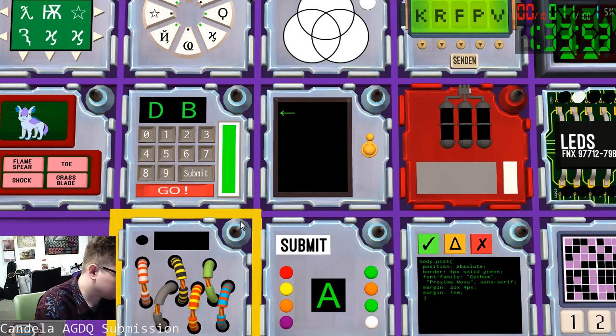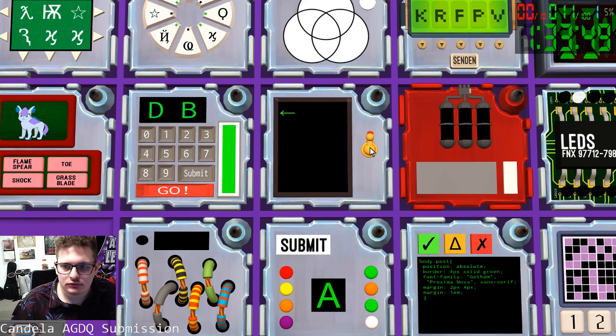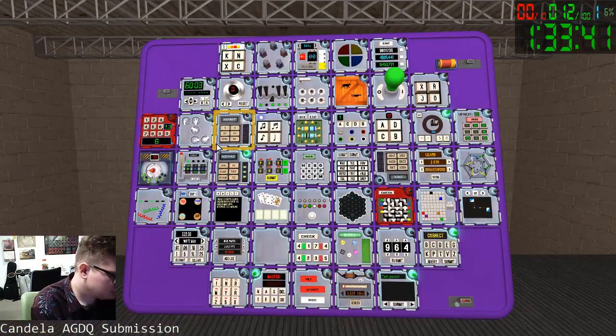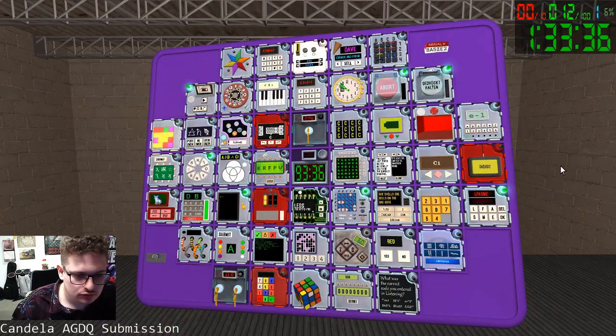This is Crazy Talk, yet another pre-keys module. He has to find the phrase in the manual, flip the switch down when the timer ends in this case, a 6, and up when it ends in a 3. And he's looking around for another pre-keys module, and